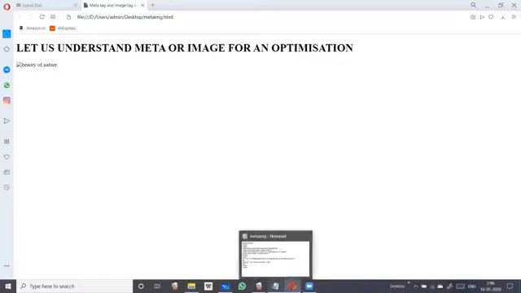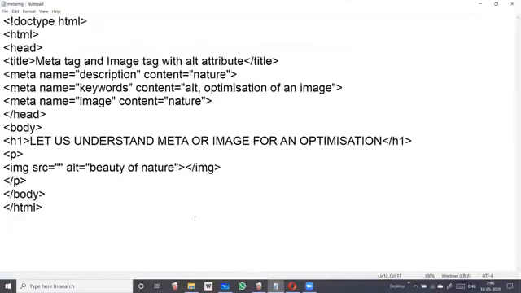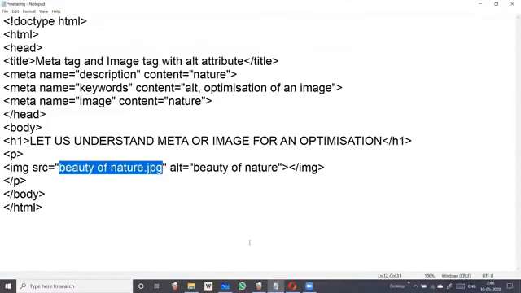Students, that is how to use the meta tag and the image tag with alt attribute. Just remember a few points: metadata is not displayed on the page itself. It can be read by search engines and web crawlers, which provide web indexing.